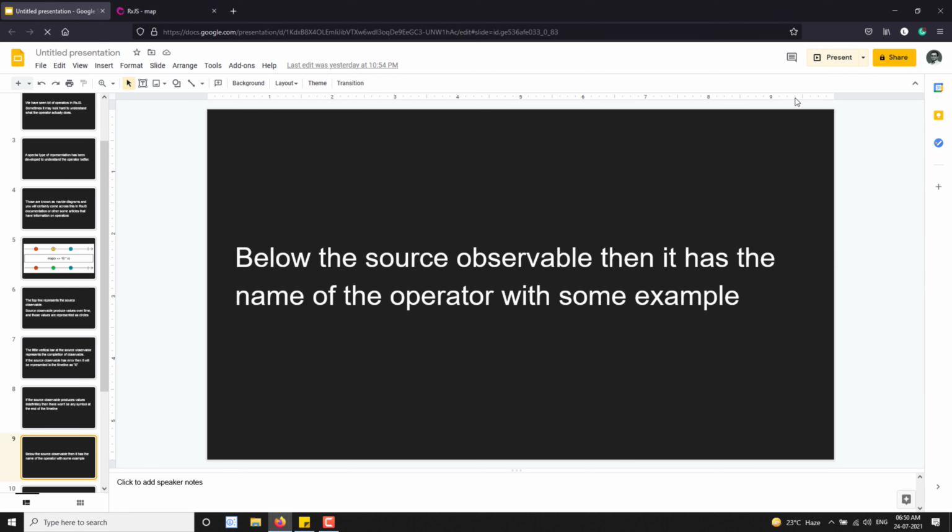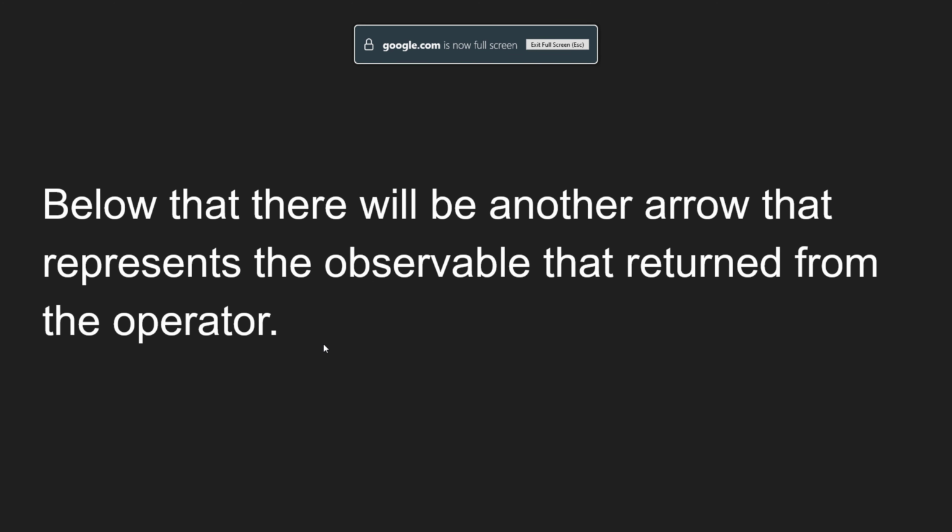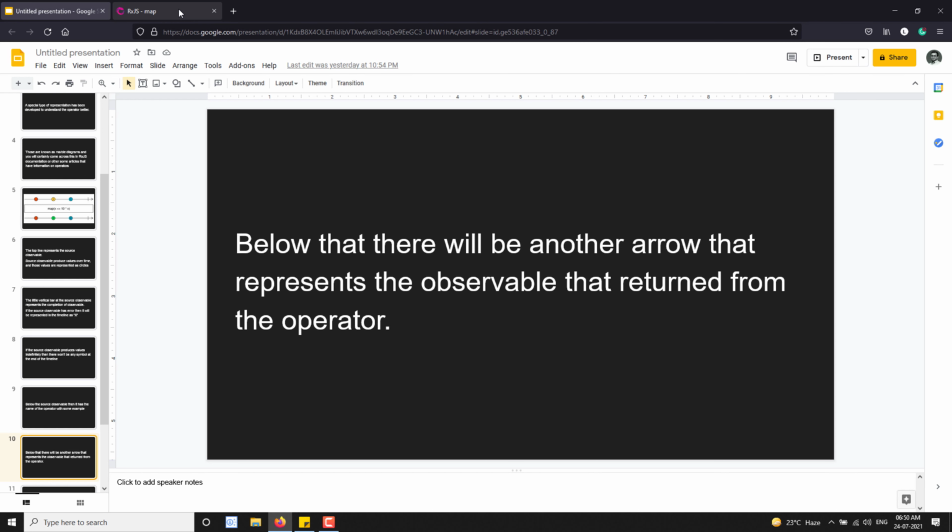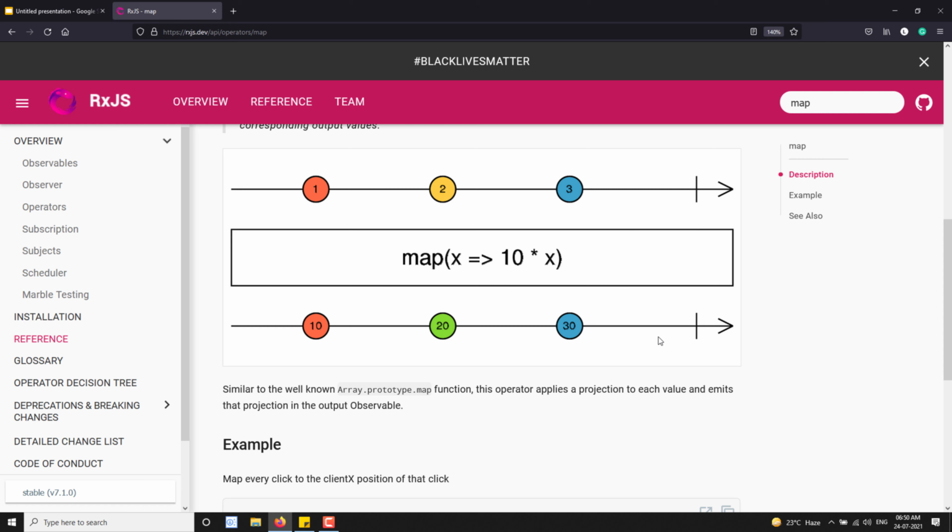Below that there is another arrow that represents the observable returned from the operator. This is the observable that is emitted by the operator. A pipeable operator takes an observable and returns a new observable.